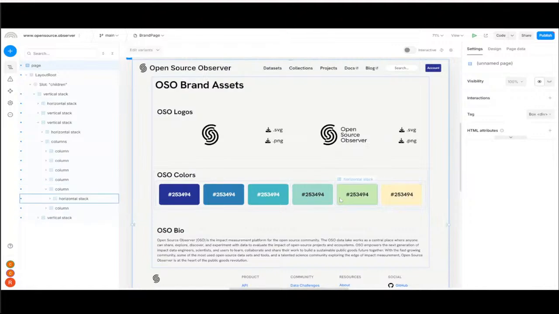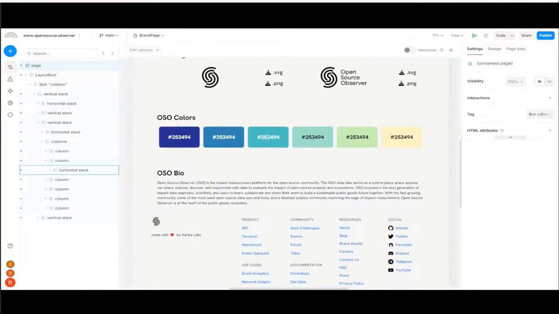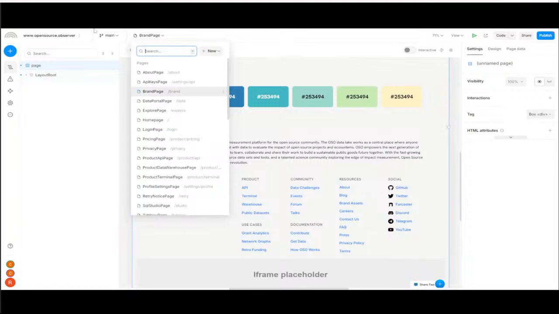Clearly still need to tweak some things and finish things up. These colors are correct, but the hex values are not. But it gives you a sense of what we're trying to do here. So I think we should expect most of these pages to be fleshed out probably by the next couple days. I would say let's just ship it, and we can always make it prettier later. So that's it on the